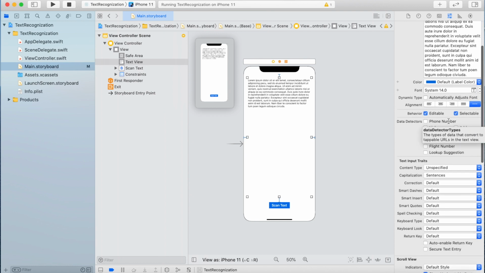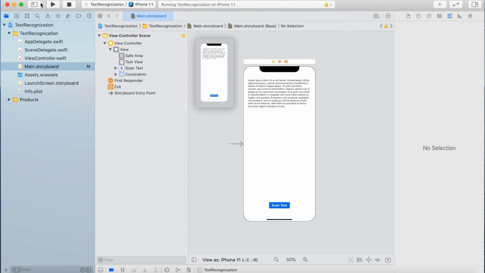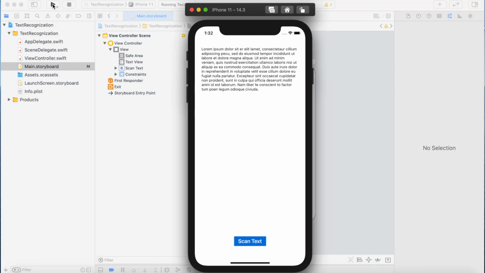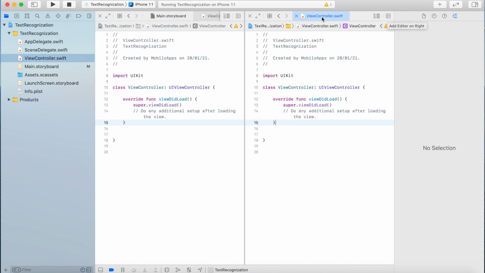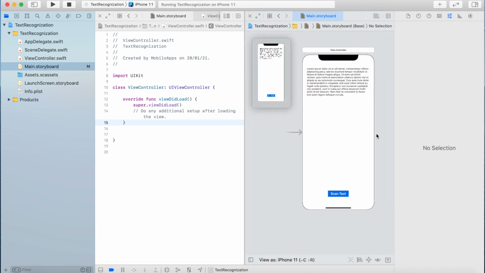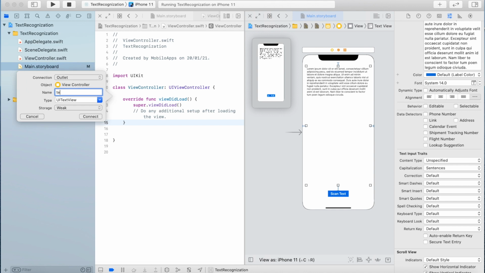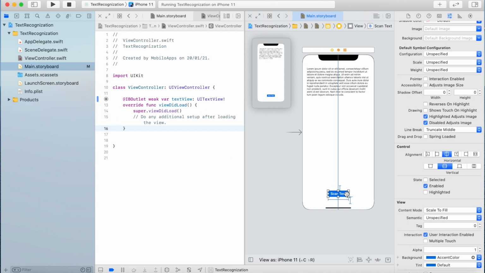I'm disabling the editing and selecting of the text view. Now let us go to the view controller and create outlets for the text view and button. I'm control dragging the text view and creating an outlet, and I'm creating the action for the button.